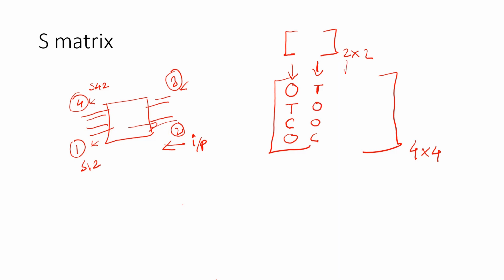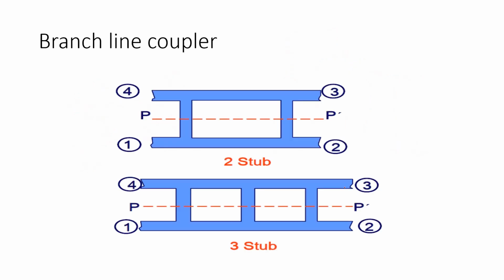I'll suggest you derive these 2 columns also, and then compare it with the ideal S parameter of VLC. On the internet they might have assumed it as J or something, because they are assuming it is a 3dB VLC, but for right now just ignore those terms. Right now you just derive it as I have done it here. Okay, so let's go to the next slide.